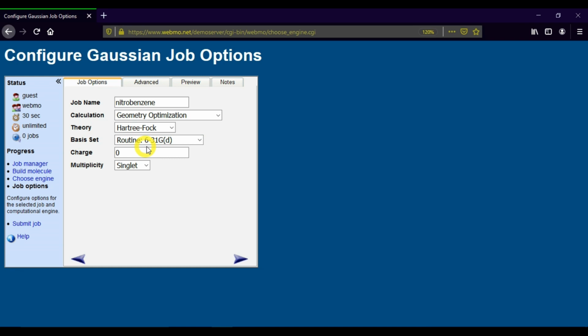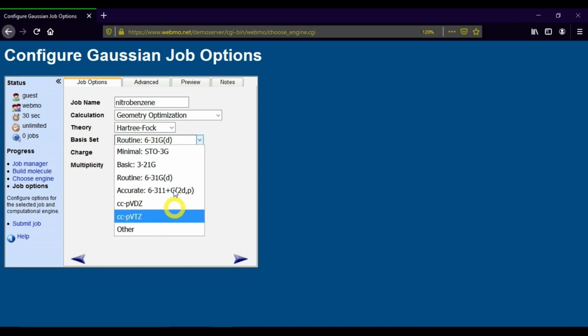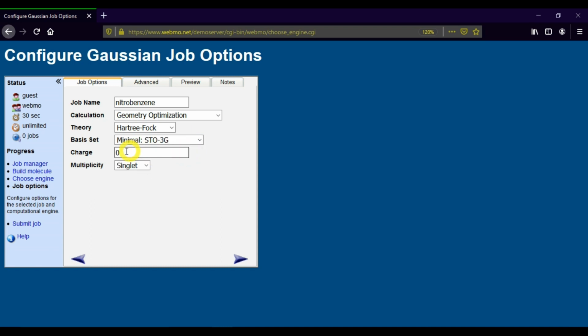I select the Hartree-Fock method. And these are the basis sets we discussed in the previous video. In geometry optimization, a minimal basis set is enough for optimizing geometry. The charge of the molecule is 0 and the multiplicity of the molecule is singlet. Then click Continue.